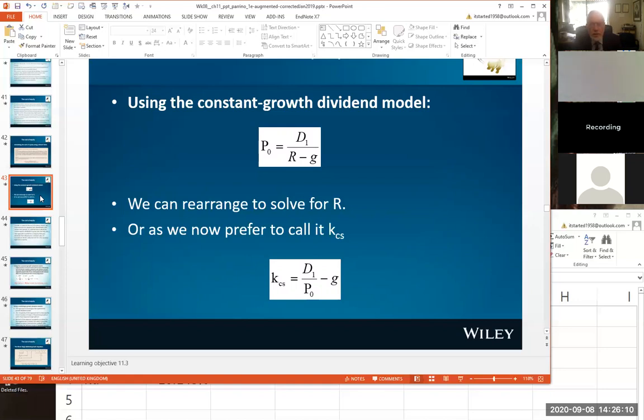So for a constant growth dividend model, we simply take the equation that we found earlier on. We're going to rearrange it simply by doing a bit of algebra, and I'll let you do this in your own time. It's a little bit of fun with a piece of paper and a pencil. We're going to turn R into K and make that the subject. And so if you just multiply both sides by R minus G, divide both sides by P0, and then eventually,